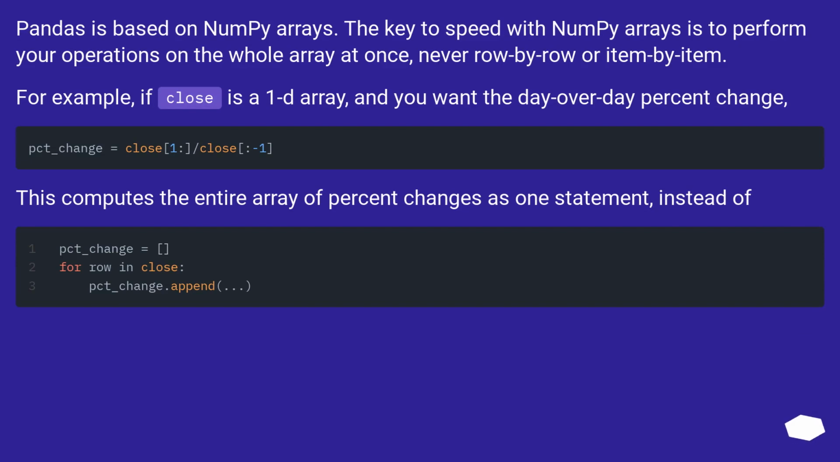Pandas is based on NumPy arrays. The key to speed with NumPy arrays is to perform your operations on the whole array at once, never row by row or item by item. For example, if close is a 1D array, and you want the day-over-day % change, this computes the entire array of % changes as one statement, instead of